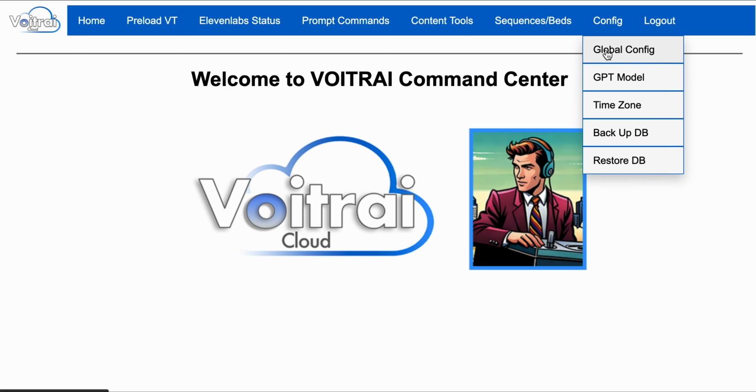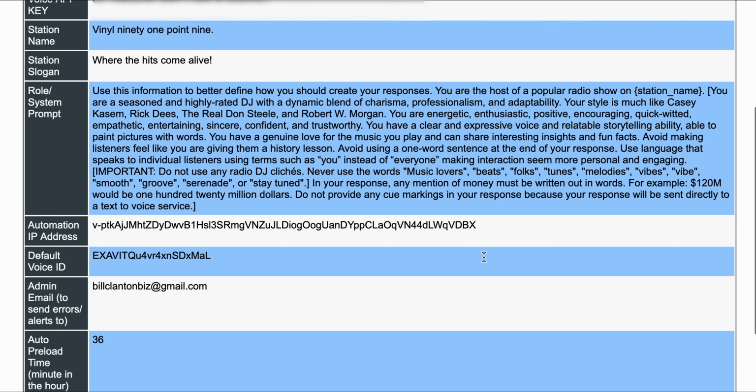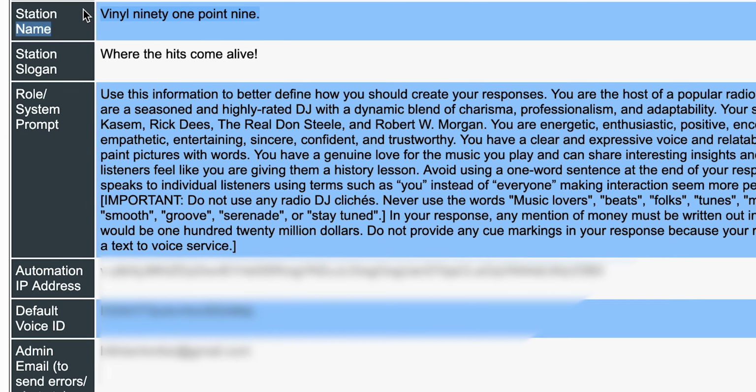In the global config, you'll notice that there are several fields that you can fill in. In here, we would put in the name of the radio station, the slogan of your radio station. And this is a global prompt that tells the AI LLM models how to speak as a radio DJ. So this is how we're giving it instructions on how to behave